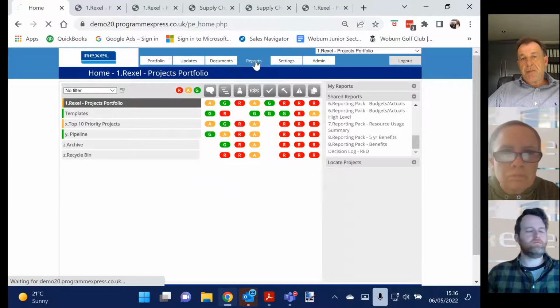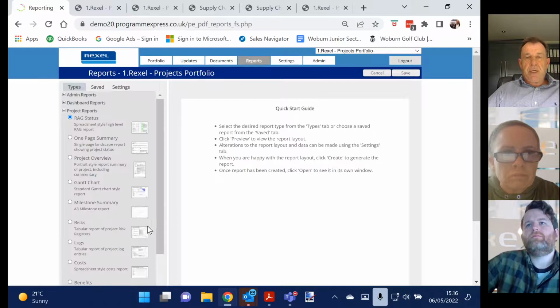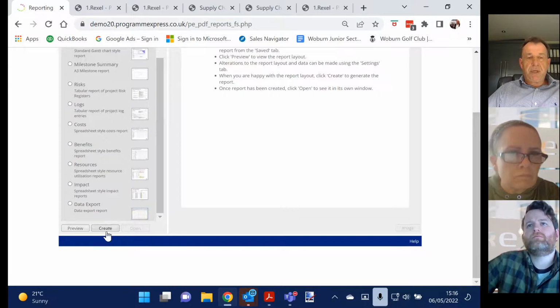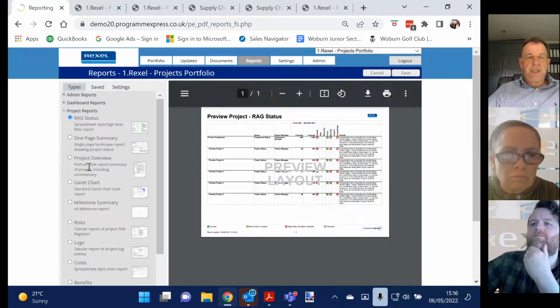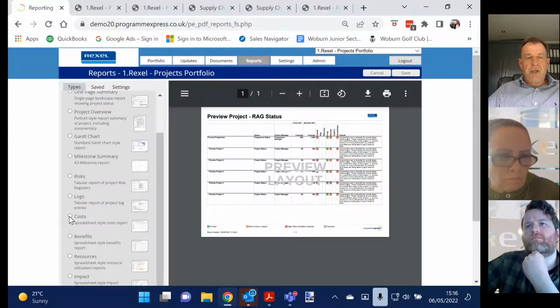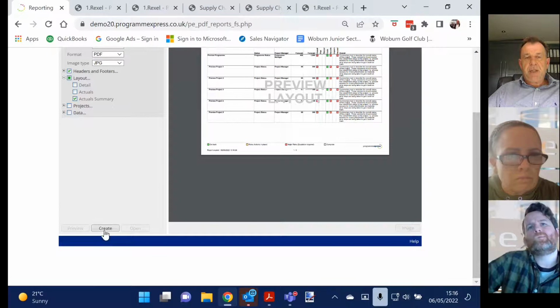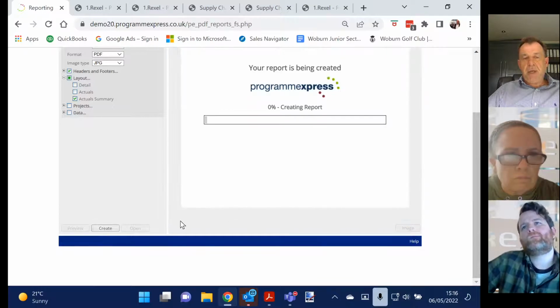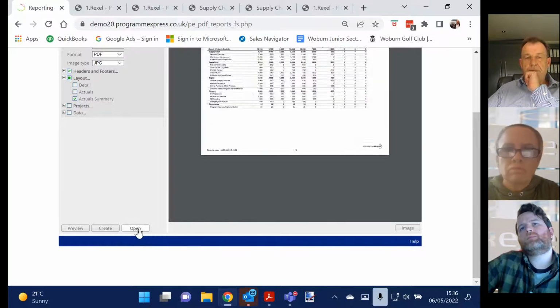Or if I want to go into my reports, because it's not being configured on the front screen, I can have a look at all my reports. I can preview what the type of report looks like. So I can see that's a RAG status report. I'm going to run a cost report, and I'm going to go to the settings, and I'm going to say I don't want detail, I just want one line per project, but I do want some actual information, and I'll create the budget report, which will show, put it up,